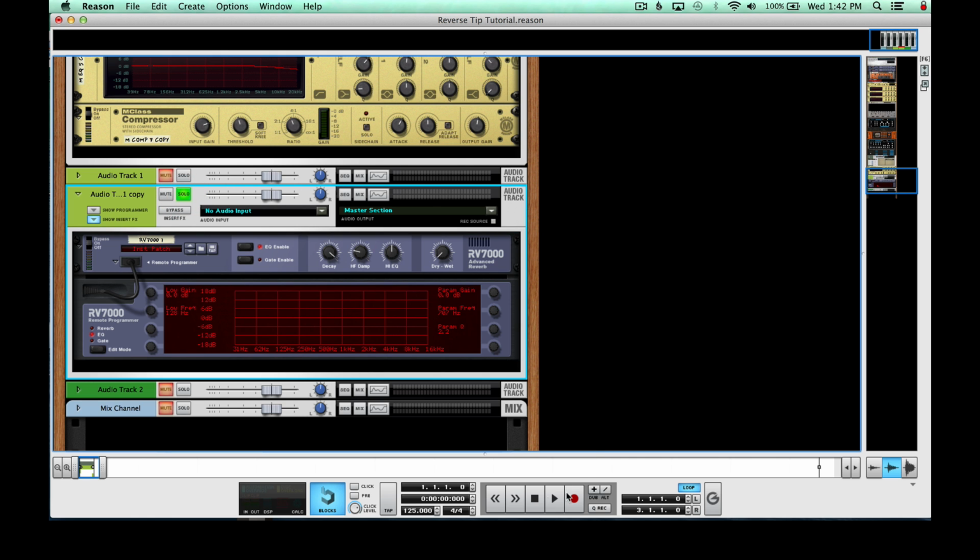Now if I solo this, and I'll bring the wetness up so we can listen to it. Let's take a listen to what this sounds like before I EQ it. All right, so that was a lot of bass. So let's cut the bass, and I'm gonna bring the frequency around to 200 hertz,